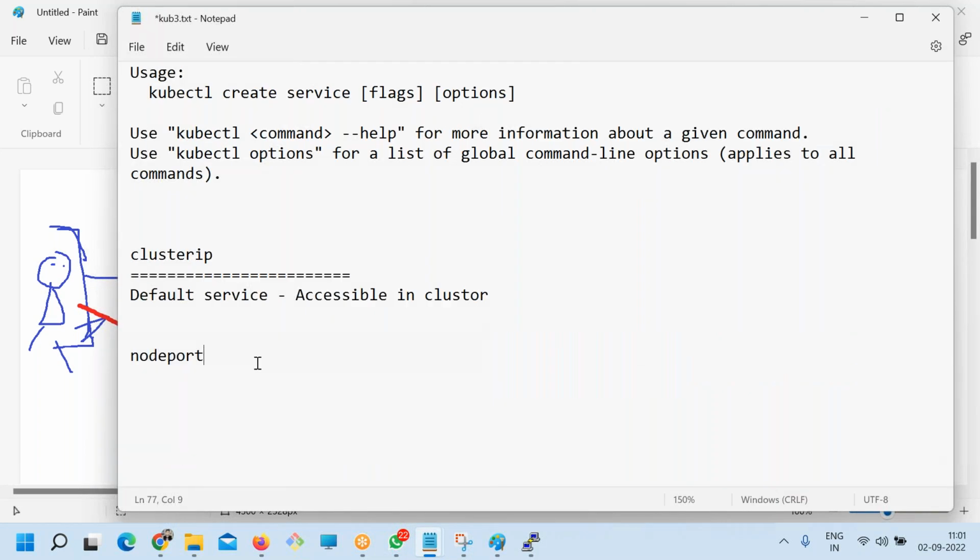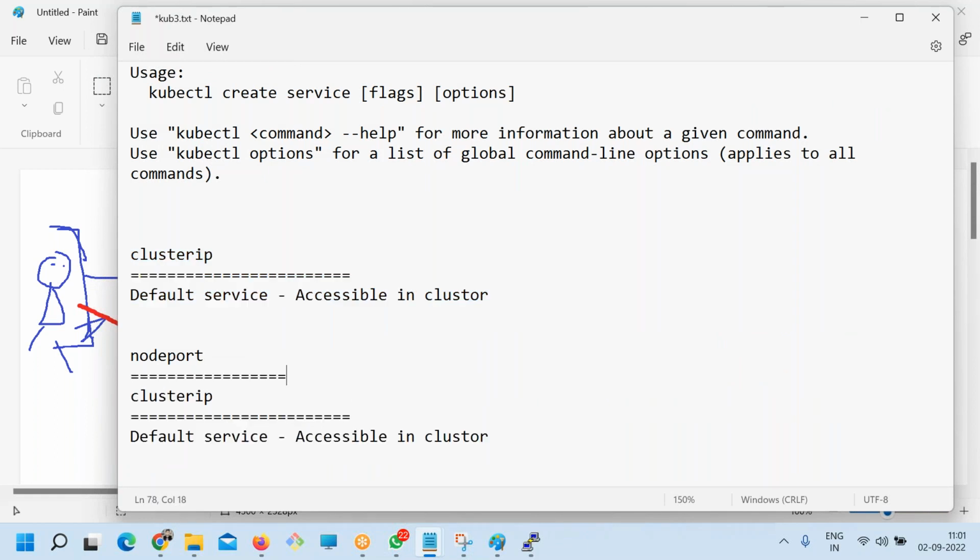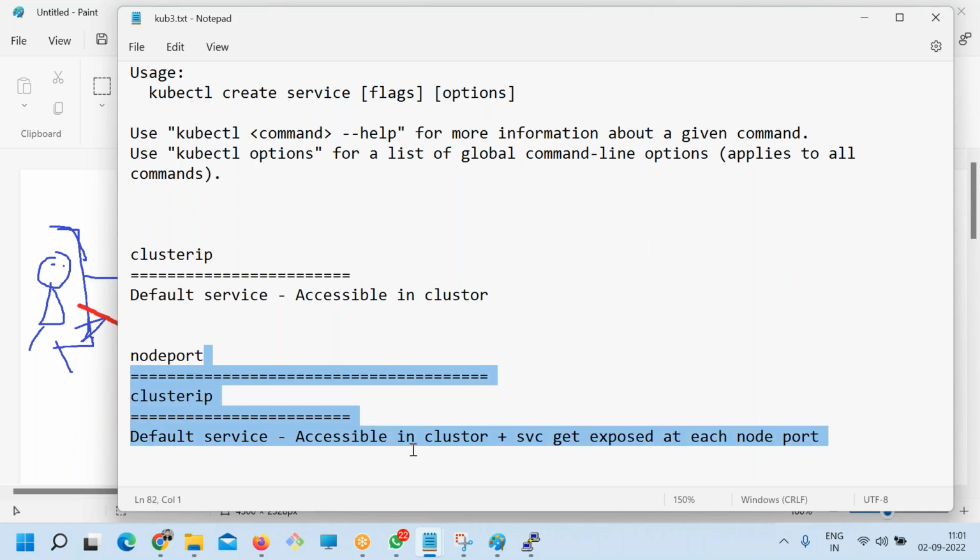So now the question was, what is a node port then? In a node port, you get a clustered IP service, and plus the service gets exposed at each node port. So that is called node port. How do we create it?